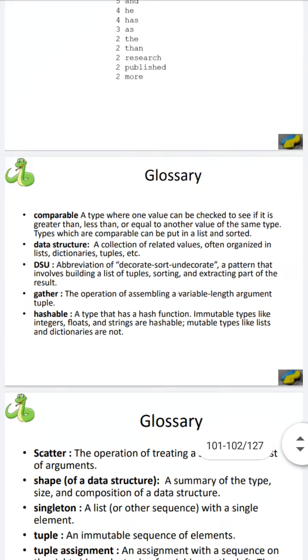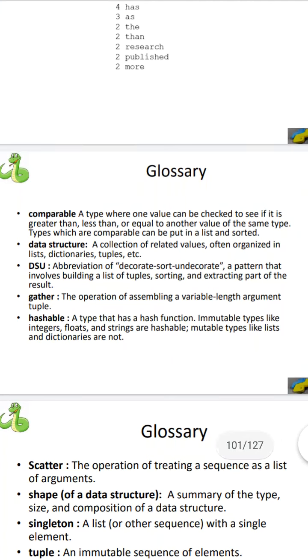As we have studied these definitions: comparable, a type where one value can be checked to see if it is greater than, less than or equal to another value of the same type. Here, whenever we make a comparison, both the values should belong to the same type.